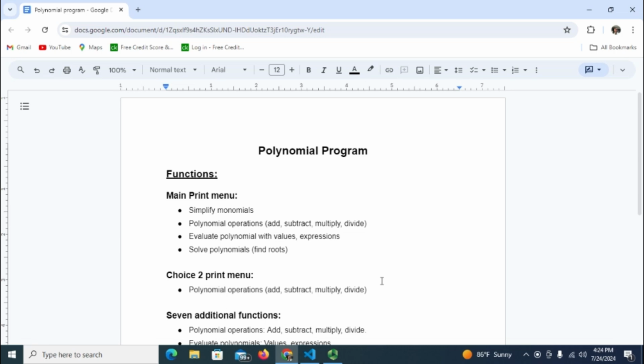Hello, this program will be about polynomial operations as well as monomials. In this program, we will be focusing on the bullets I have under the main print menu function. We will look at simplifying monomials, polynomial operations such as add, subtract, multiply, divide, evaluating polynomials with values and expressions, and solving or finding roots. So that's the main print menu, and those are the main concepts that we will be focusing on in this